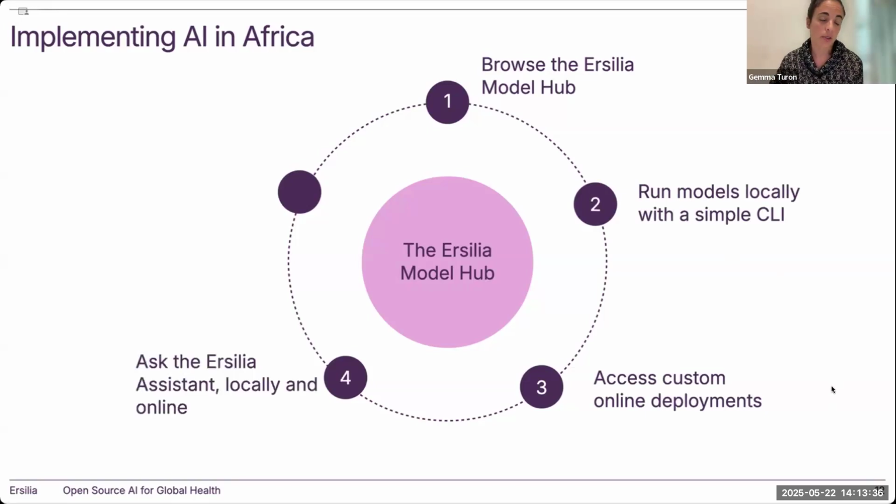We are developing a large language model that would allow us to integrate all these steps in a way that is much easier for our users. And then finally, of course, we invite all scientists and computational biologists to build and contribute models to our repository, as this is a truly open source effort.